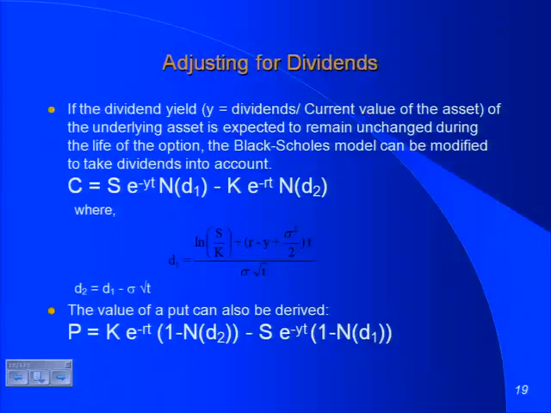And here's the adjustment that's usually made. It's actually a very simple adjustment. What worries you about dividends? That when those dividends get paid, they're going to lower your stock price, right? Here's the simplest way to adjust for dividends. Let's suppose I told you that your stock has a 2% dividend yield for the next 10 years. So roughly speaking, every year for the next 10 years, you're going to lose 2% on your stock price because those dividends get paid, right?